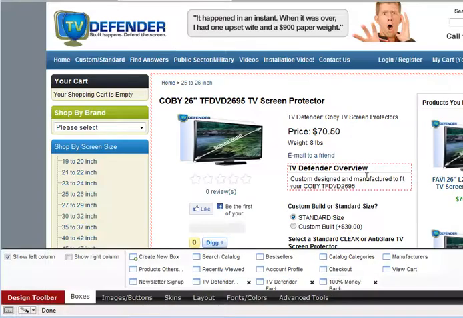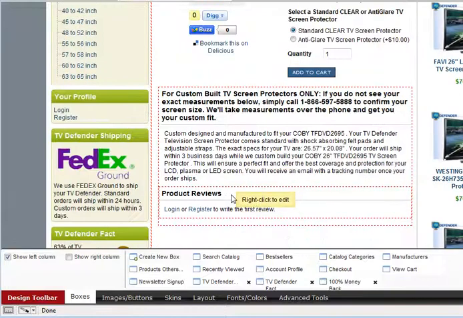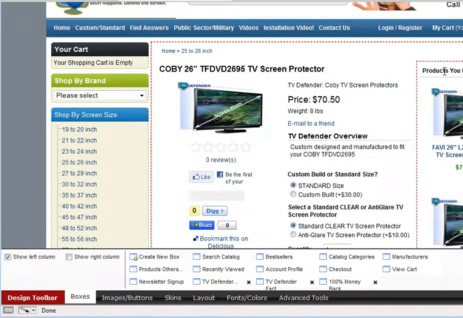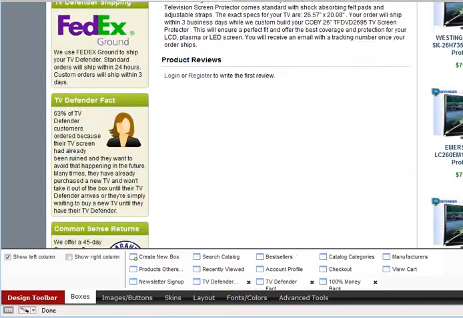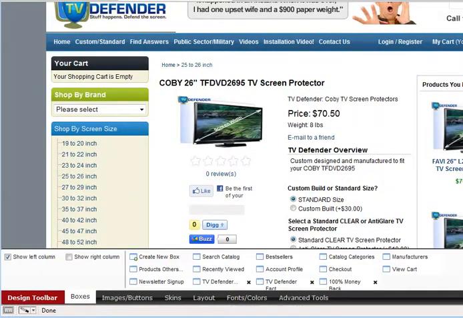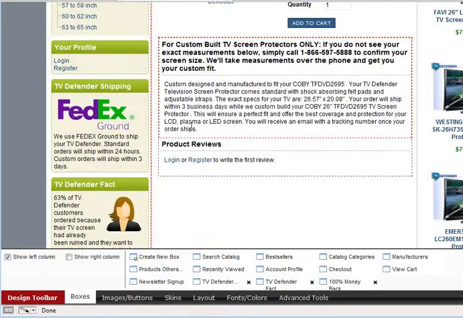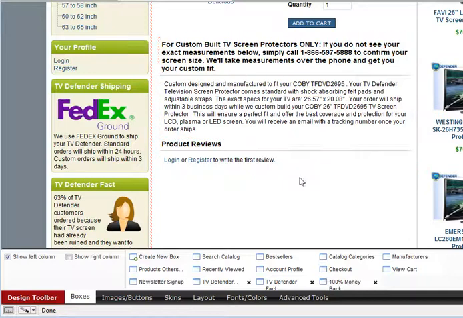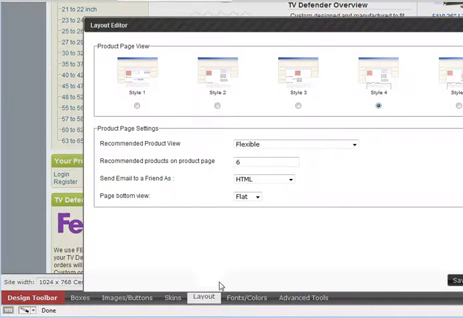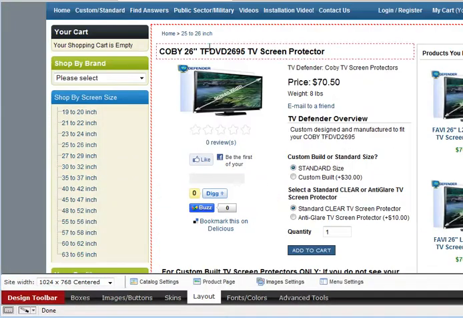We'll land on the product page, and now we didn't have any tabs for our content, but you'll notice this is on the right. This products you like is on the right now. This is the layout number 4, or style 4. So for this specific template, we didn't have content to put into the tabs here, so that's just showing the description like that. So if we don't like that, we can just go back to layout and go to product page, choose style number 2 again, and then hit save, and then hit close,